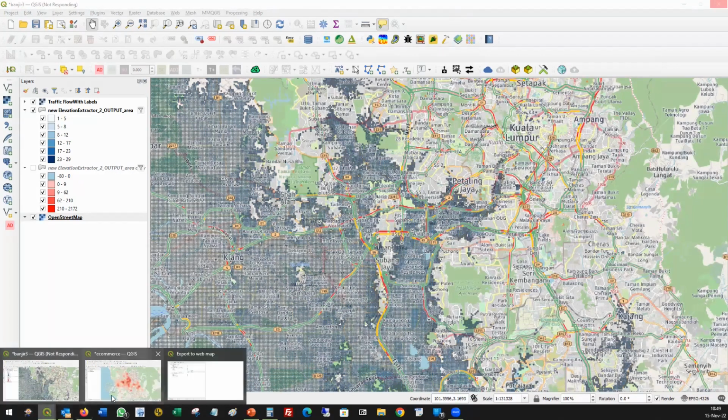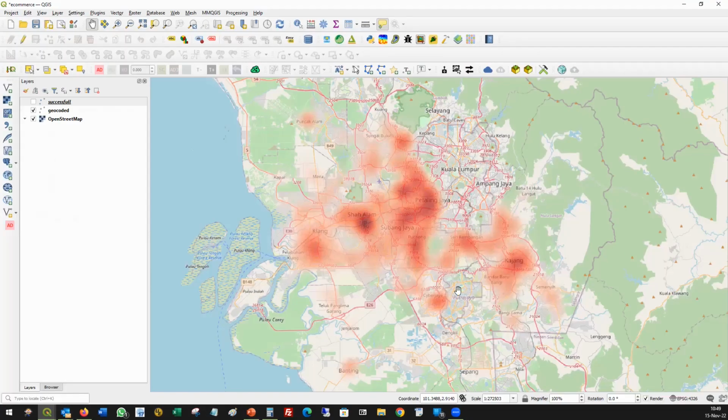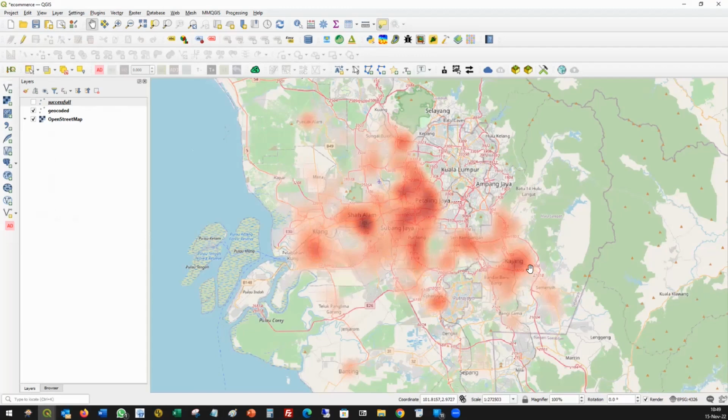I wanted to show you something else that I've done. This is, for example, a heat map. This is for one of the students. Last time they were asking me how can I show. They have data from some e-commerce company. They wanted to open a new warehouse, but they were not sure where to open the warehouse. So of course the data was all messed up, and also I just wanted to explain to them. I created this